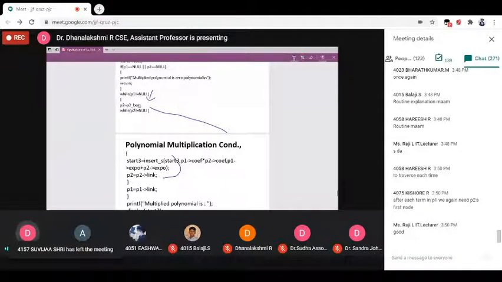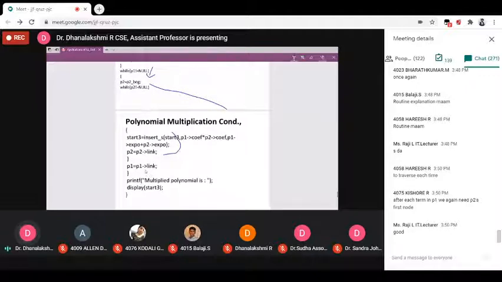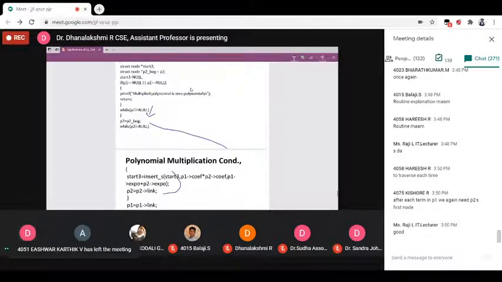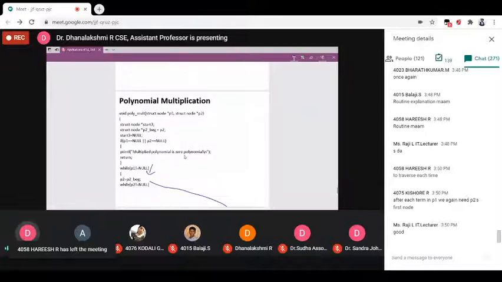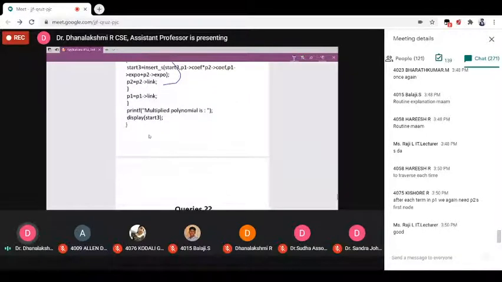What we have to do? Now you have to increment P1 by 1. Then you have to do the same procedure. Initialize the first one, begin. Move P2 to the first position. Then do the multiplication and addition, again up to null. Then increment P1. Got it? This is the routine of multiplication.